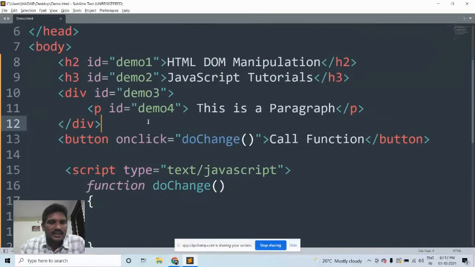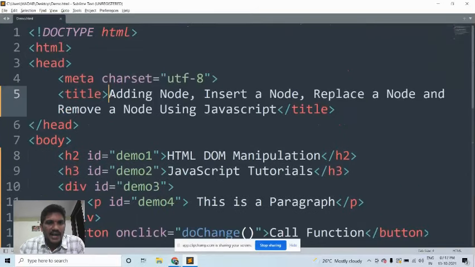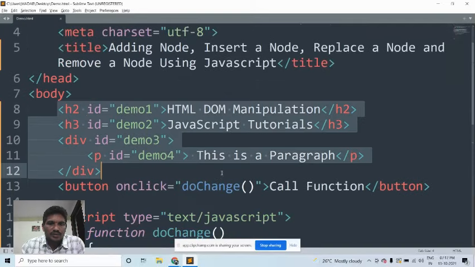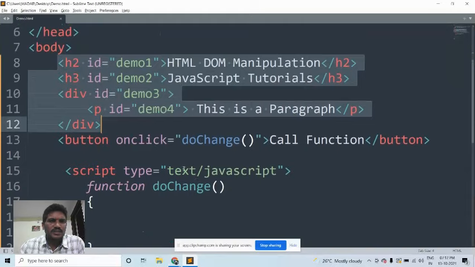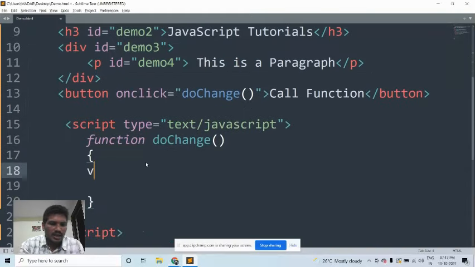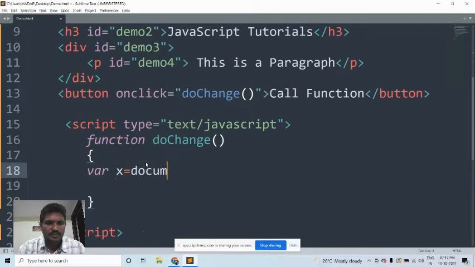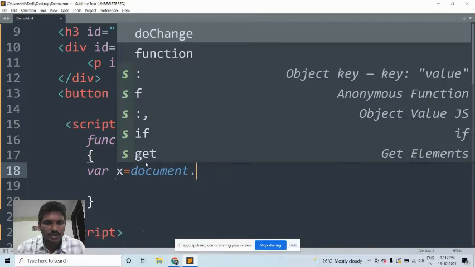If you would like to write JS code, first of all, I would like to add a node. The existing HTML elements are here, but how can we add an extra element to the existing HTML document? It is possible with the help of JavaScript code. First, you create the node element. After that, you create the text node. The text node should be appended to the node element. There are some predefined methods, and with the help of those we can do it.